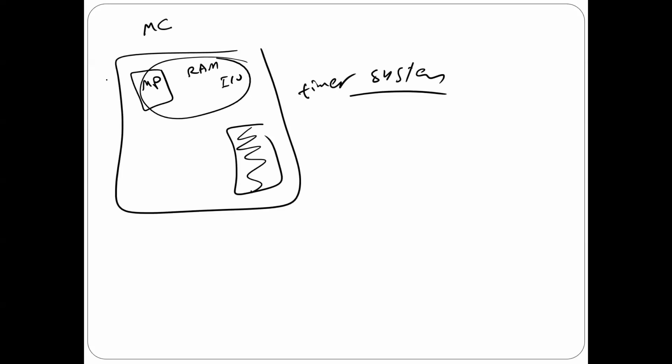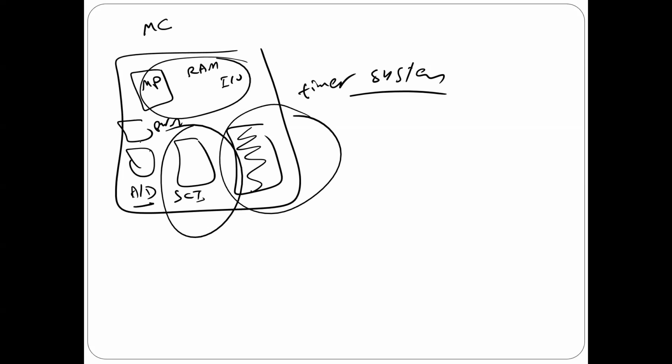On top of that, we add some circuits here, like serial communication, analog to digital converter, pulse width modulation. We have other circuits here. The reason we add these circuits is because I want to use the microcontroller in big applications. Why? As I said multiple times, because most of the work is going to be done by these circuits.